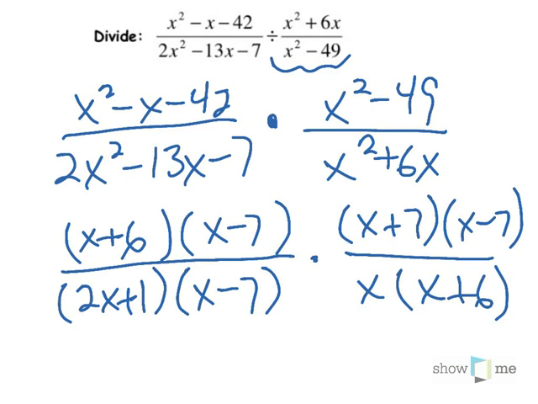So my last step is just to look for common factors and cancel them out. I see an x plus 6 is in common in the top and the bottom, so that cancels out. I also see that an x minus 7 is in common here and here, so I'm going to cancel that out. And just looking around, I don't see anything else in common, so I'm just going to figure out what's left. So I have an x plus 7 left up there